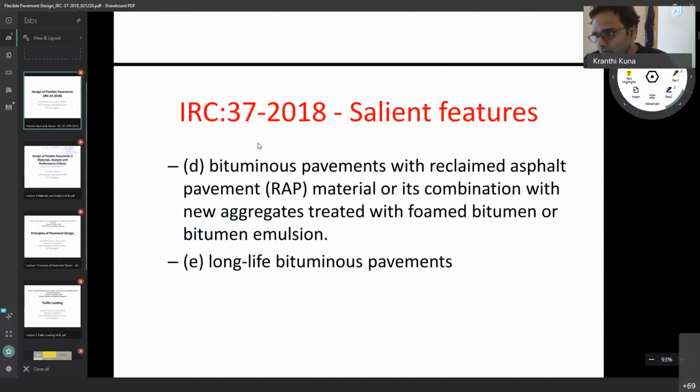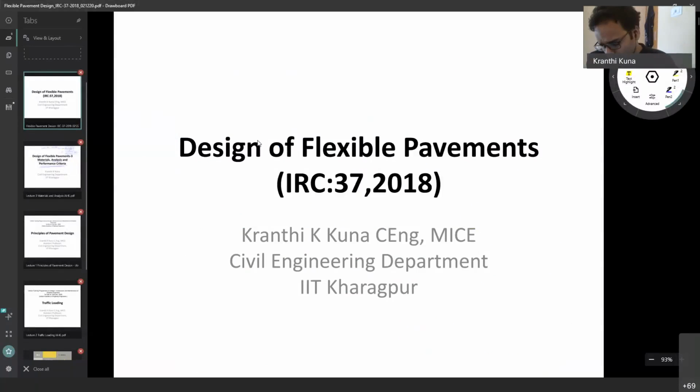So have you installed IIT Pave software into your computer? Yes. So